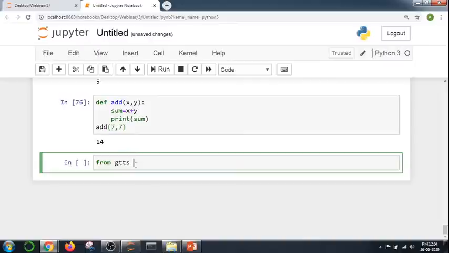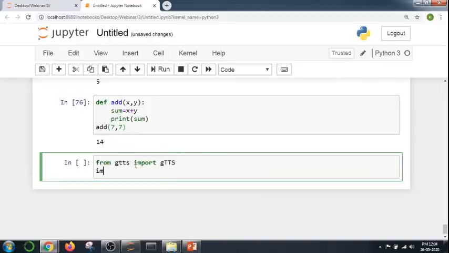Okay, I am importing a library package, again gTTS. Using that function, I am importing gTTS. After importing, I am importing another package also, that is